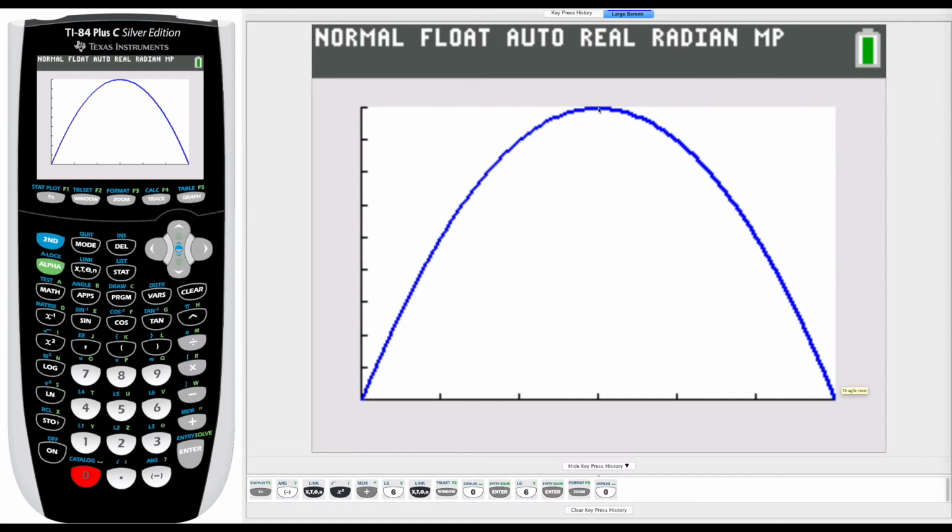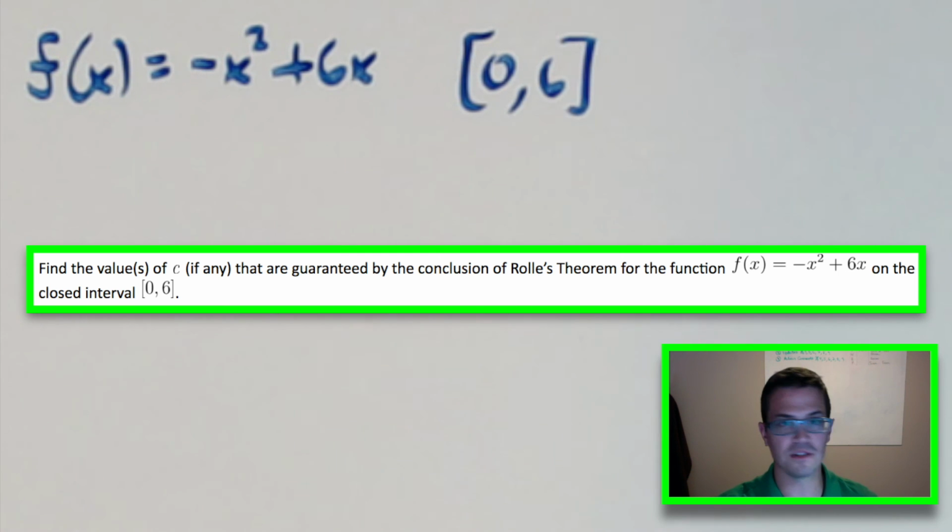You can actually kind of see exactly where it does apply. You can see the derivative right here is equal to 0. Okay, it's also equal to 0 at x is equal to 1, 2, and 3. So when we do the math right after this, me showing you this graph, it should work out to be x is equal to 3. So hopefully it does. So this is how to show Rolle's theorem does apply on your calculator. That being said, if Rolle's theorem applies, it says to figure out the value of c,